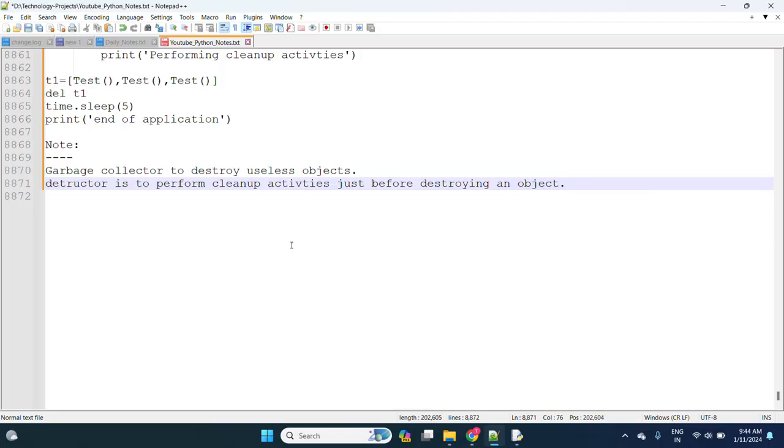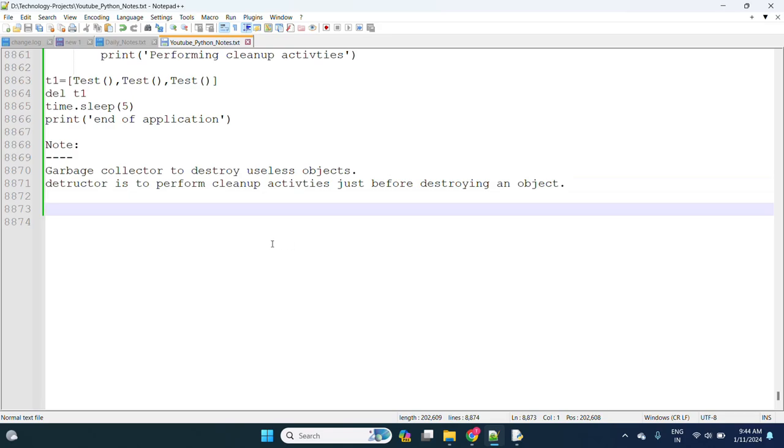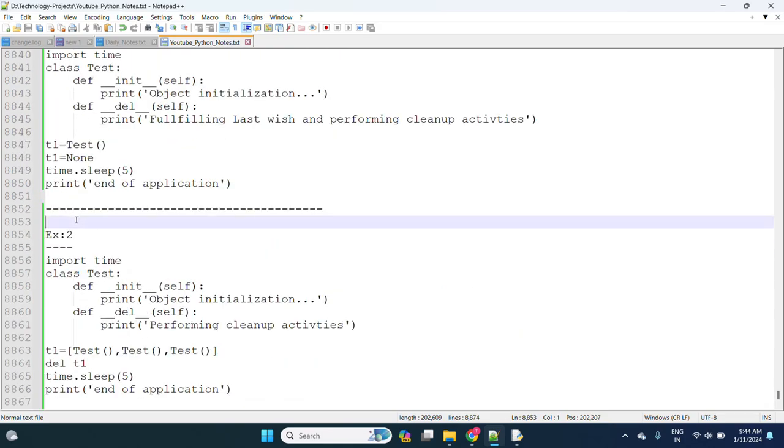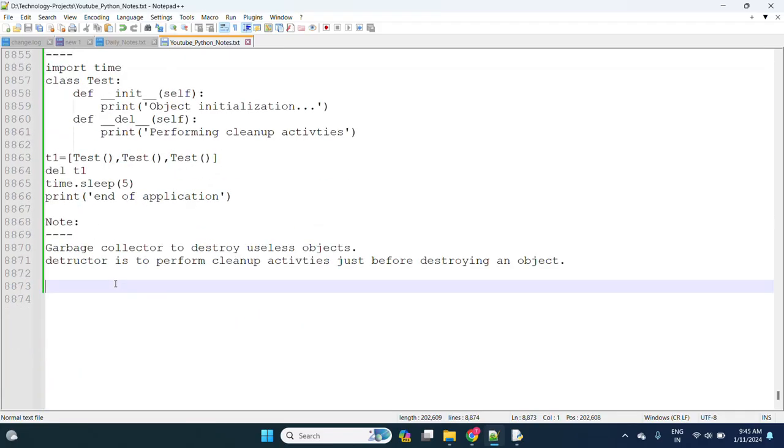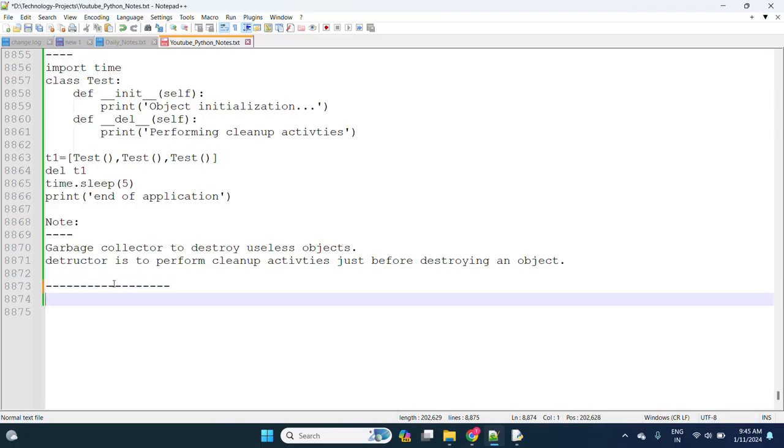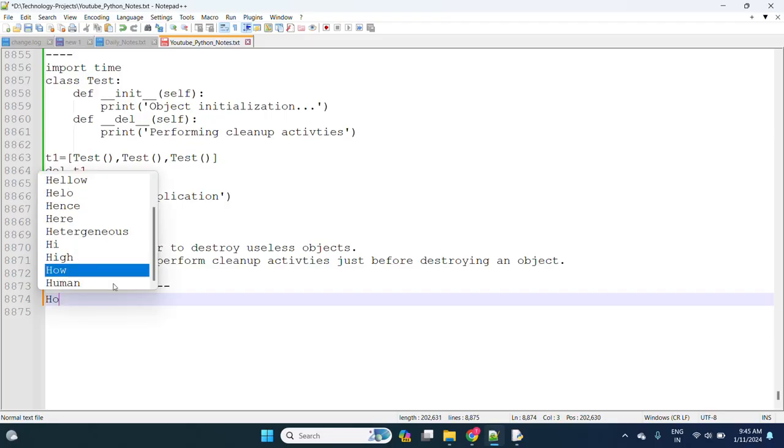Just before destroying an object. Okay, so this is the second example with respect to destructor. Now the next example will be how to find